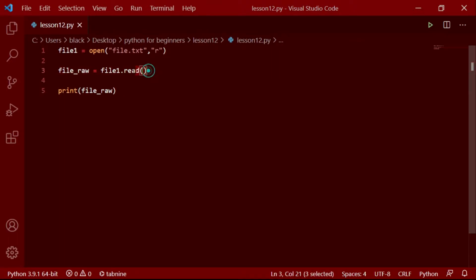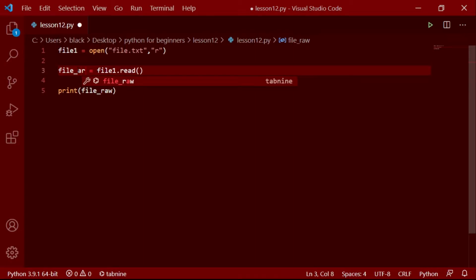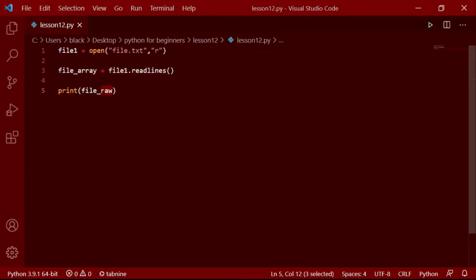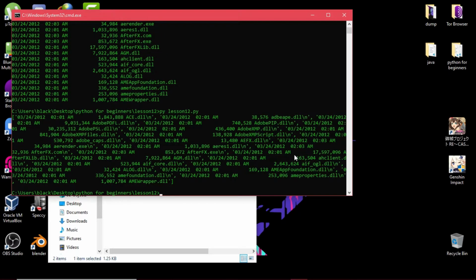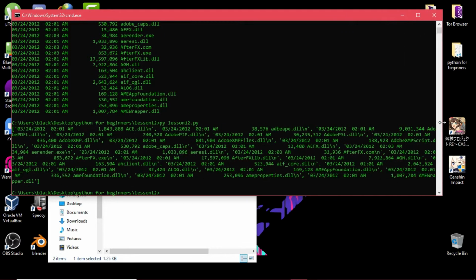To do that, there is a function on file1 called readlines. Here I'll change the variable name to file array, and if we run it, you can see now it's an array.